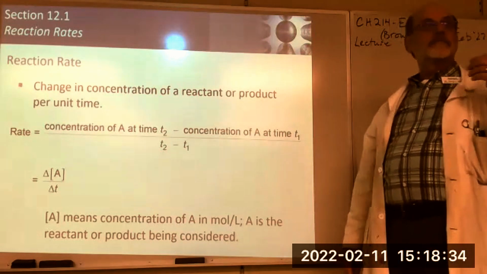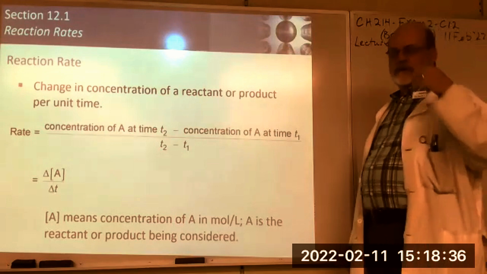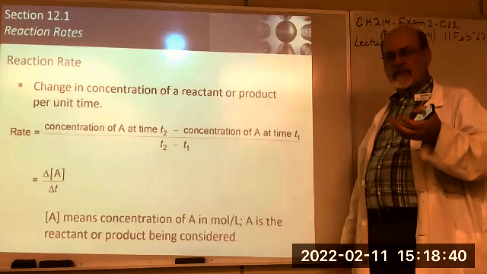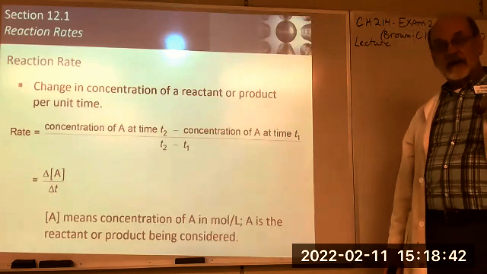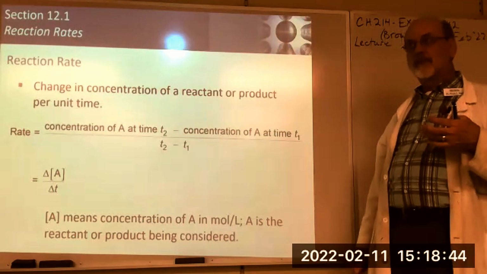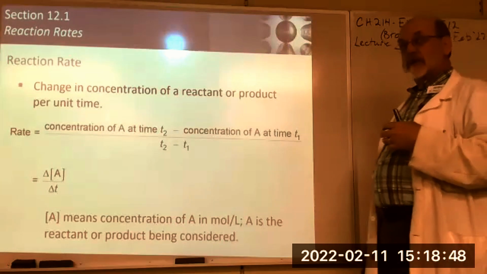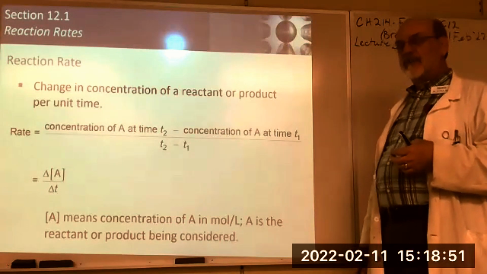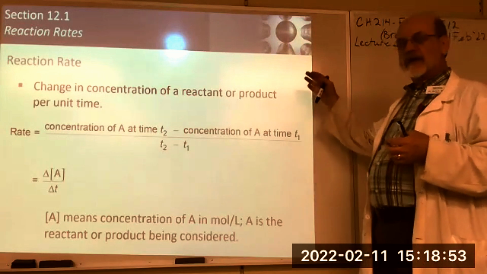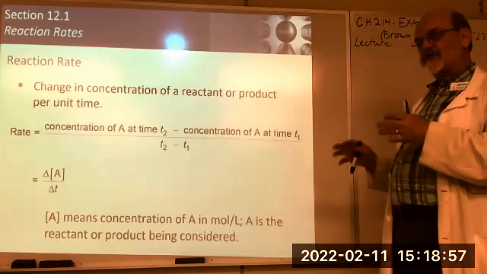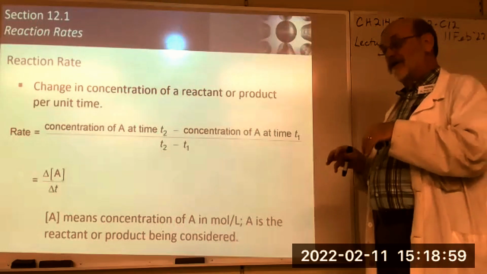Like, for instance, diamond is an unstable form of carbon, and it should decompose in an oxygen atmosphere, but it will take a million years to get there, right? So the reaction rate has a bearing on